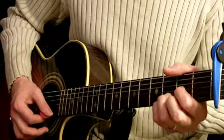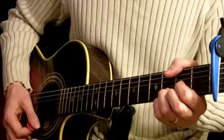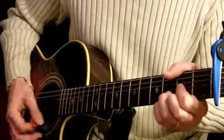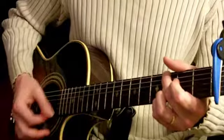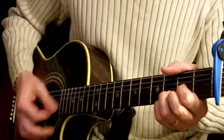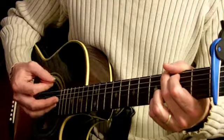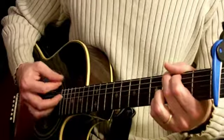And then an upstroke as we go to the next change. So that D is quick, just one down strum, and then we finish it off with an up on the C. See, I put a lot of little filler strums in there, but the basic idea here, before you get good like that and start to feel extra strums in the rhythm, is to